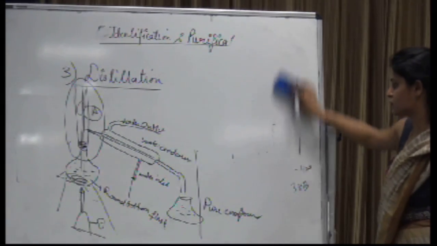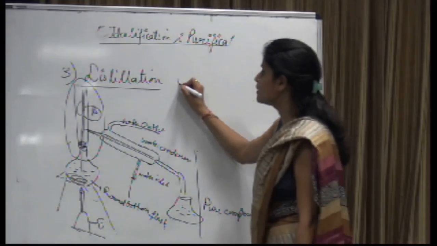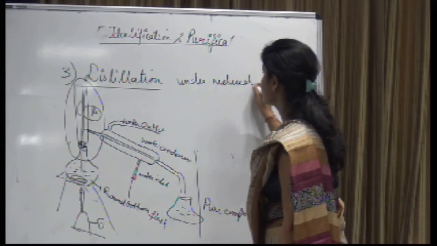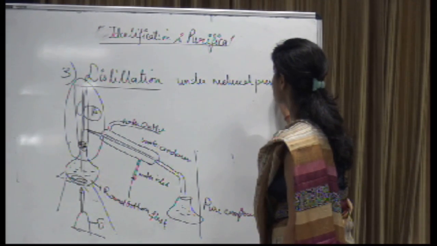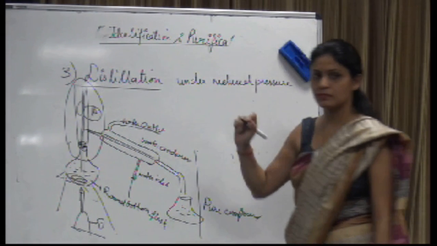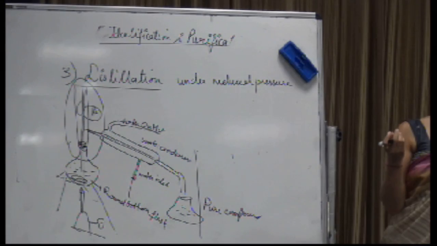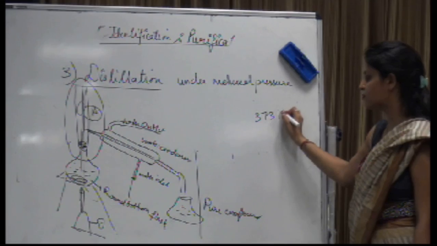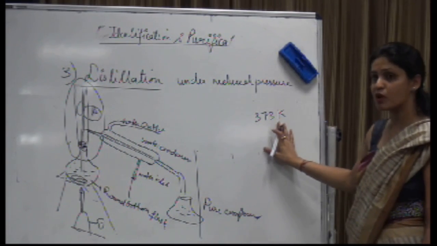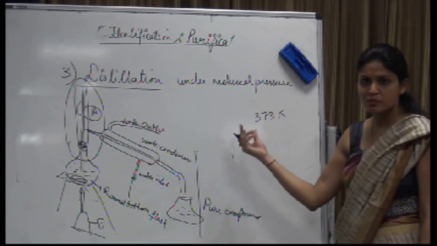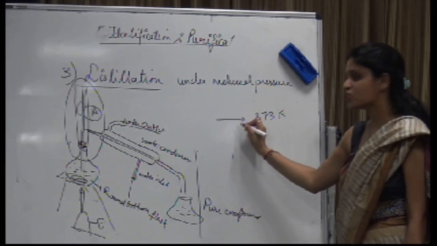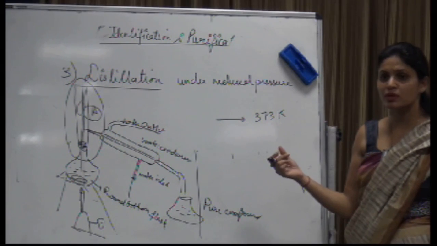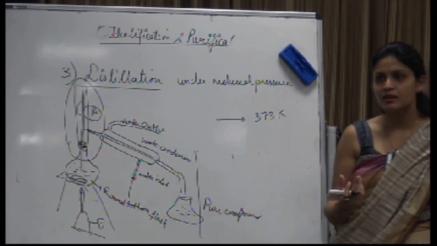There is one another concept of reduced fractional distillation और distillation under reduced pressure। उसमें क्या हो सकता है, यानी अगर मैं कहूँ कि किसी एक कंपाउंड का बॉइलिंग पॉइंट है 373 केल्विन, लेकिन अगर मैं उसे वहाँ तक बॉयल करूँगी, यानी बॉइलिंग पॉइंट पे बॉयल होगा ना, लेकिन अगर वो वहाँ तक पहुँचने से पहले ही डीकम्पोज हो जाता है, ठीक है, तो उस केस में मैं क्या करूँगी, उसको तो यानी मैं कभी प्योर फॉर्म में ले ही नहीं सकती। तो उसका क्या तरीका है,